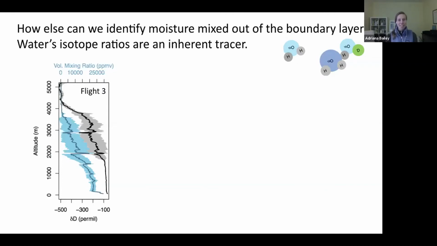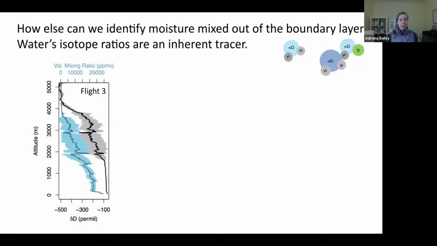Now, the trick to understanding water isotopes is twofold. The first thing to realize is that different water molecules have either isotopically heavy hydrogen or isotopically heavy oxygen. These isotopically heavier water molecules have a tendency to condense and then also rain out more effectively than their isotopically lighter counterparts.